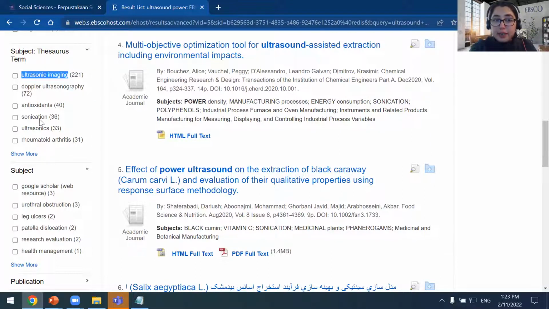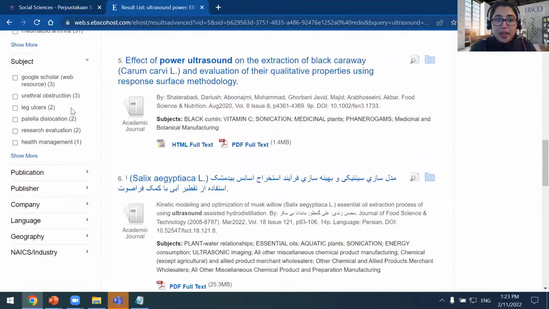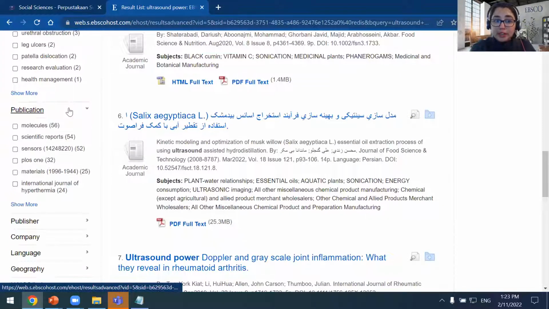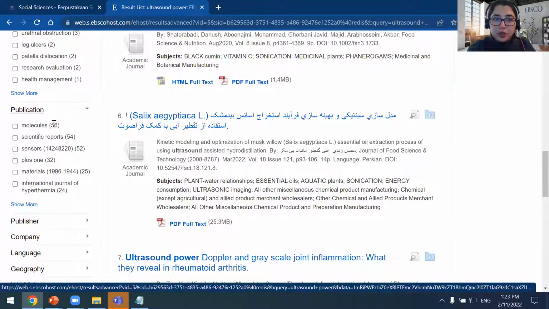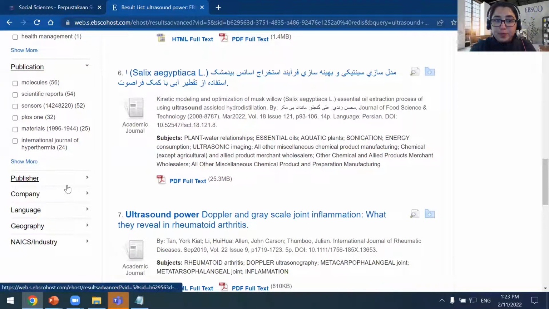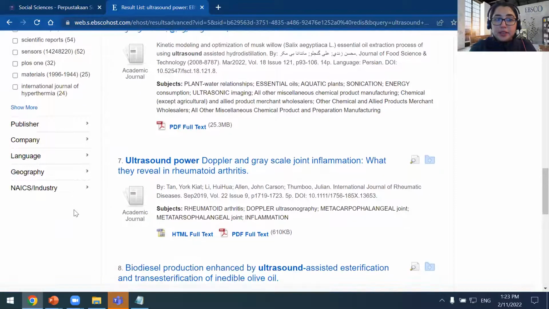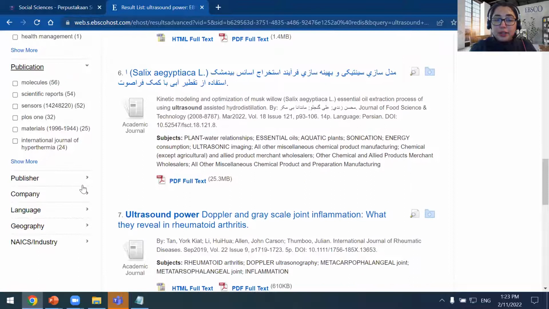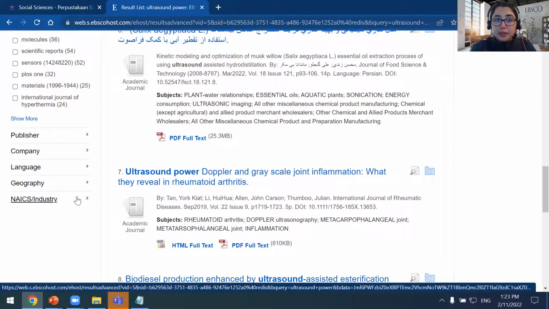So I can limit if I see something that matches more precisely to what I'm searching for. I can also limit to publication. If there's a particular journal and I only want to see results from that journal, I can narrow down to that journal. That's what I'll point out here, but you can see there are some other limiters as well.